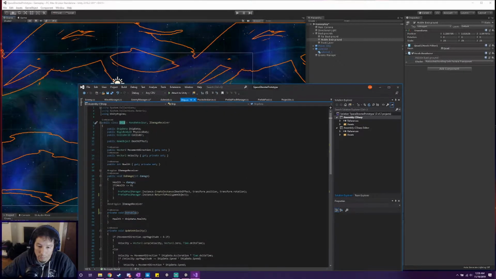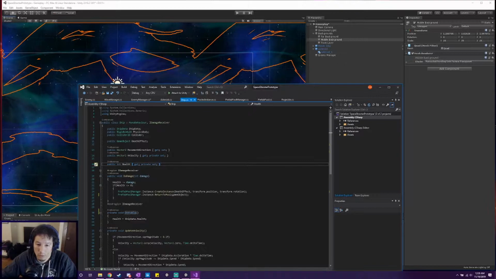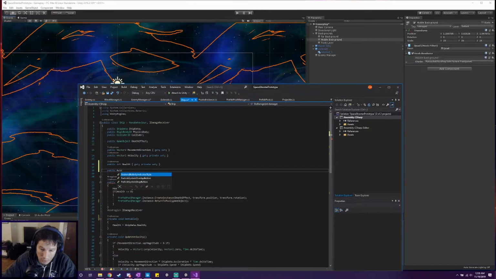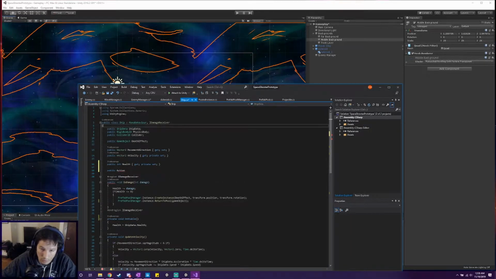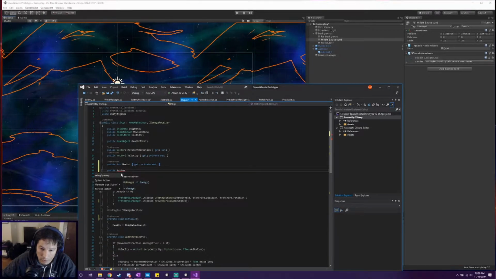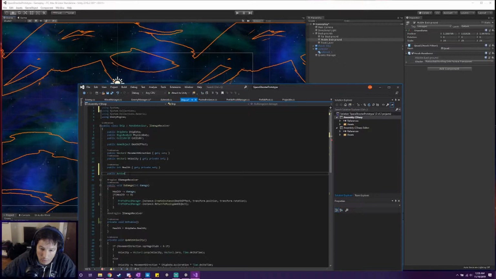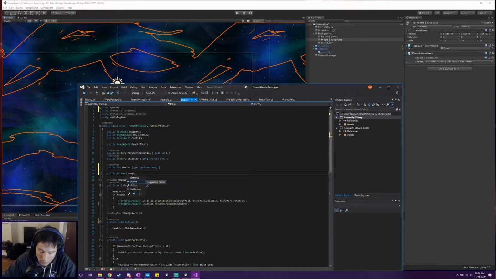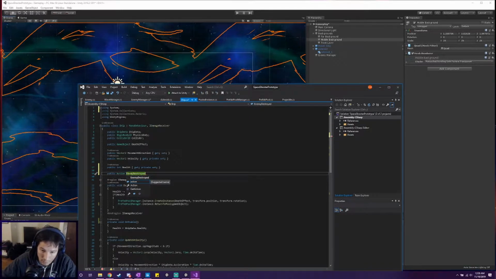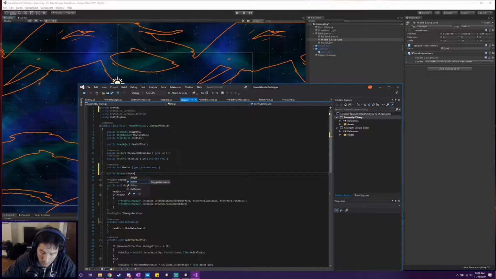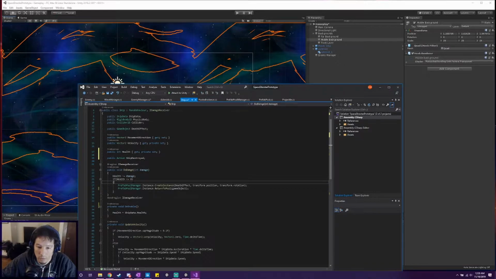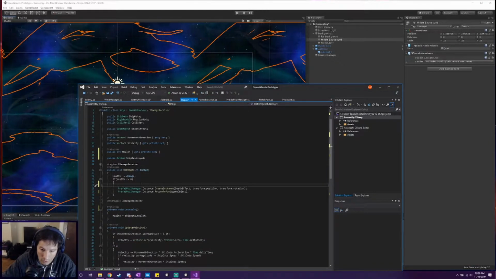So on the ship here, public action. We've got to use using System. You can do quick actions using System, yeah. Ship destroyed. I'm sorry, not enemy, ship. So here, if health gets to 0, we can do,